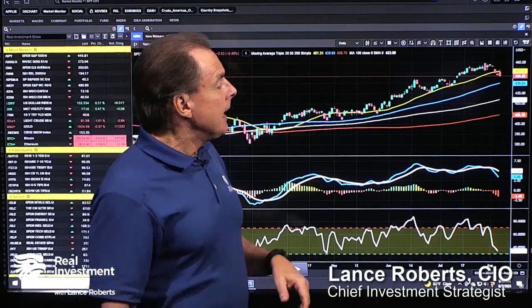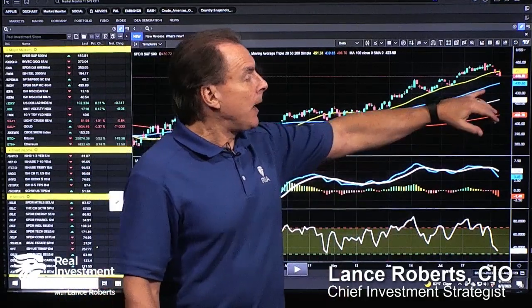Markets are decently oversold enough on a very short-term basis that we could see a rally, another attempt back at that 20-day moving average. Another failure there would just kind of confirm that we're still in this correction process. If somehow magically the market can rally back above the 20-day and then get to new highs, then this correction process is over. That seems a little bit unlikely just at the moment because, again, as we're kind of looking